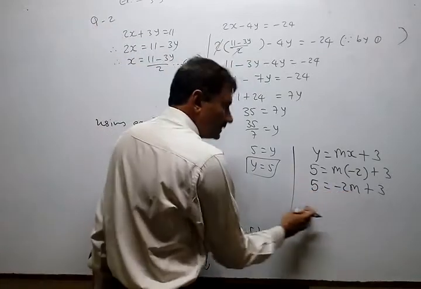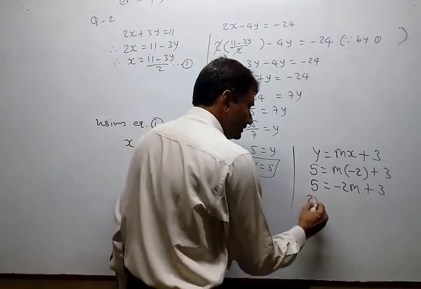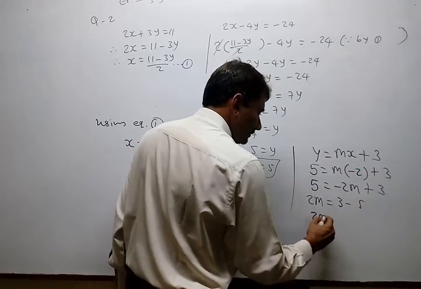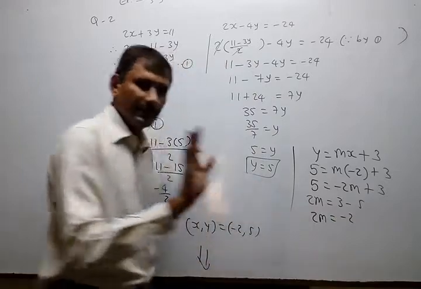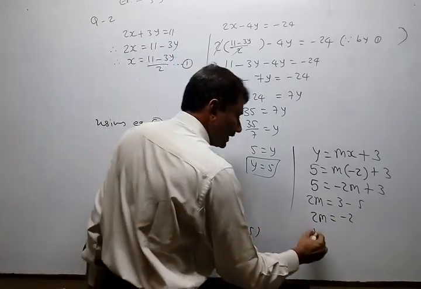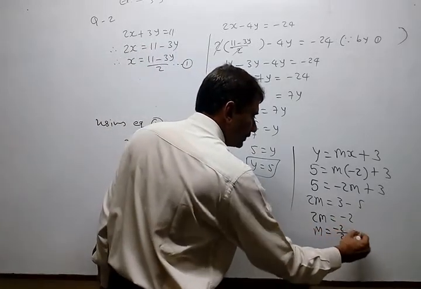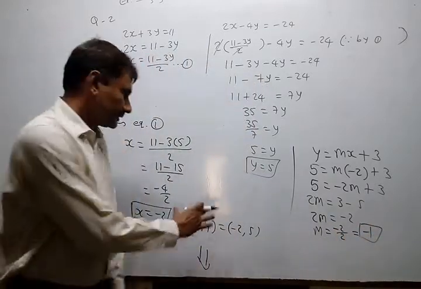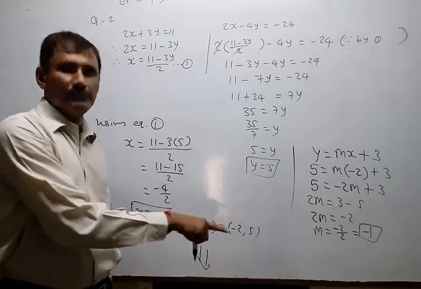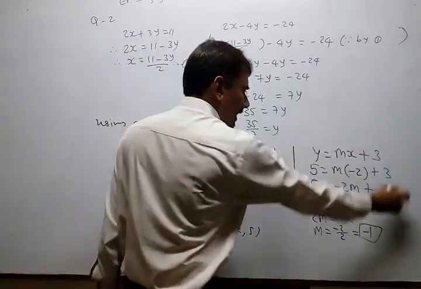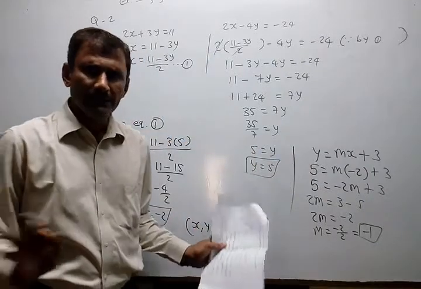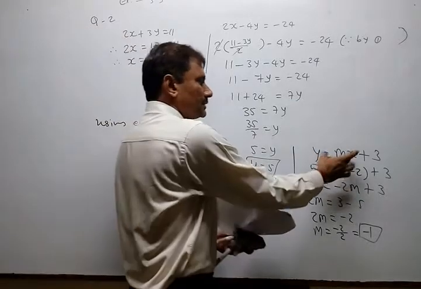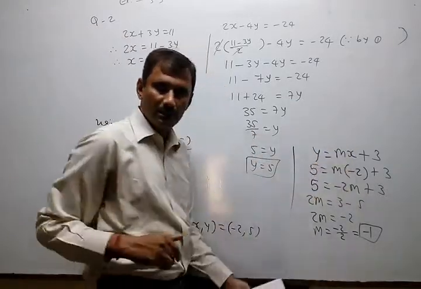We try to shift the variable only because it is negative. So 2m comes here, 3 minus 5. So 2m equal to minus 2, since 3 minus 5 is minus 2. That basic you know. So m equal to minus 2 upon 2, equal to minus 1. So that is our final answer. Just place both values in the third equation. That is not actually part of our substitution method, that is extra. Just place two variables so you can find the third variable.